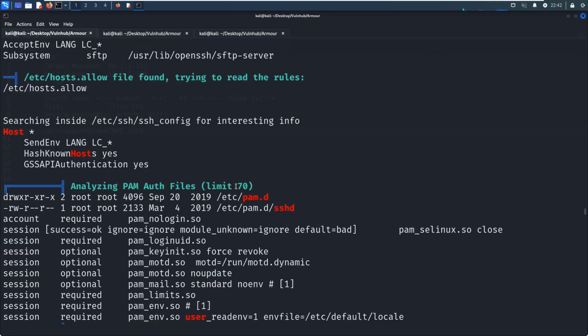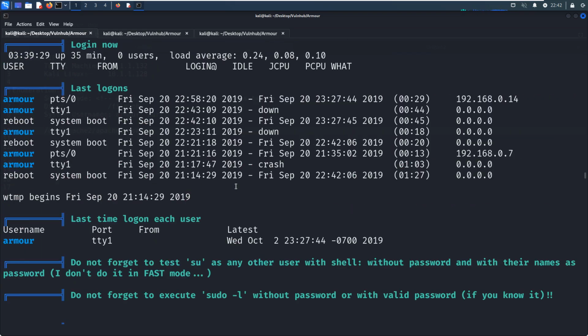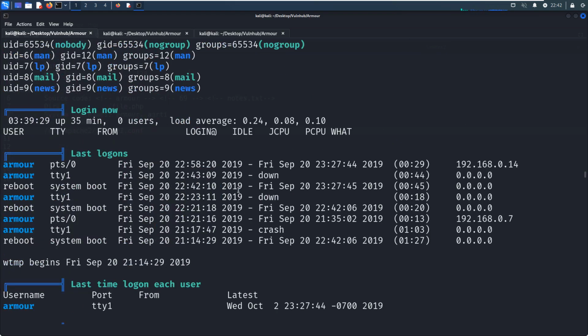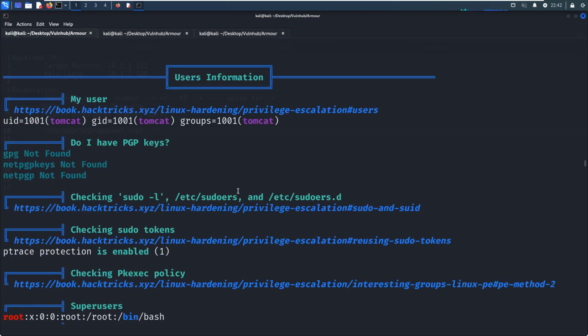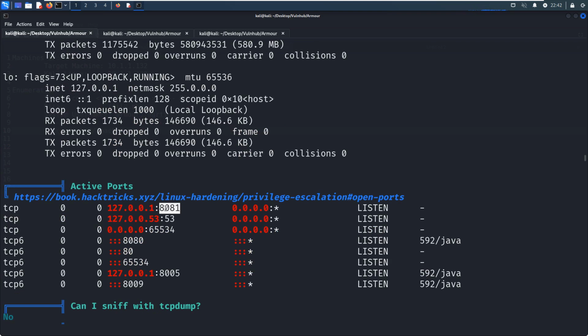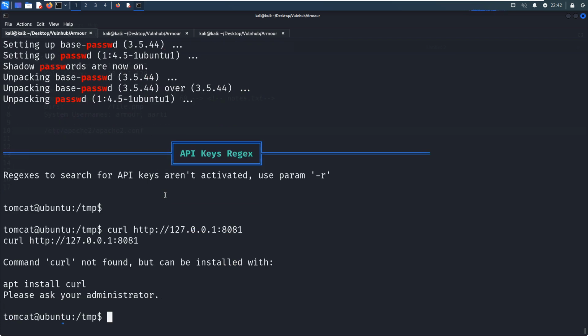So what is the port number only accessible locally? Where are they? Oh, this one. Okay. No, I know. However, curl not found. Of course, no problem. We can use wget alternatively, okay?